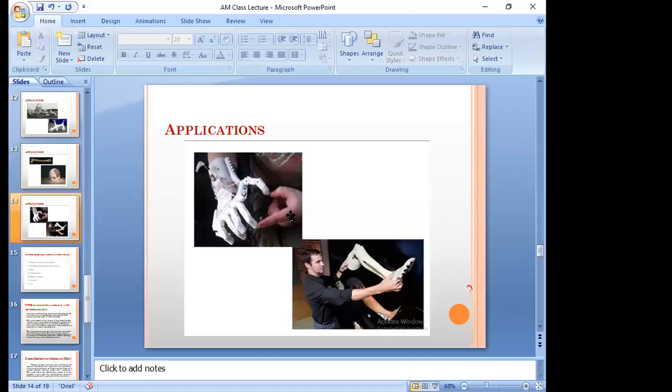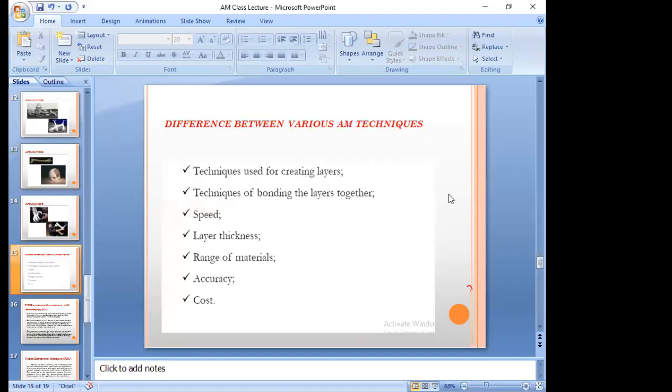But the differences in various techniques relate to the bonding between the different materials. As I said before, it starts from the plastic family and ends with metallic materials, or human tissues in biomedical applications.